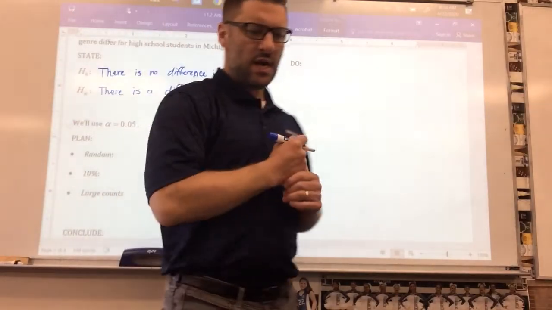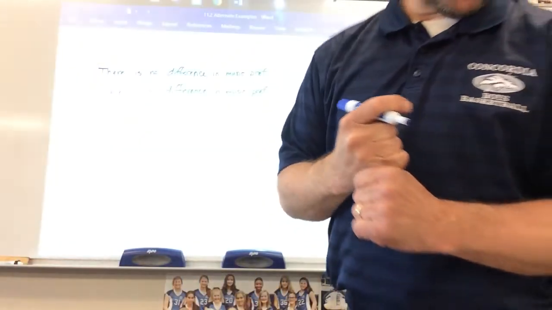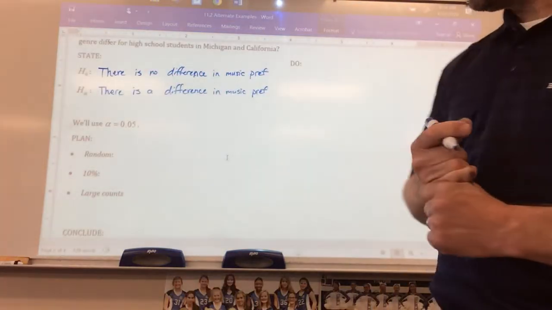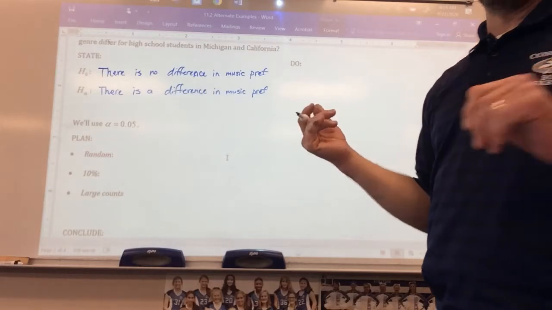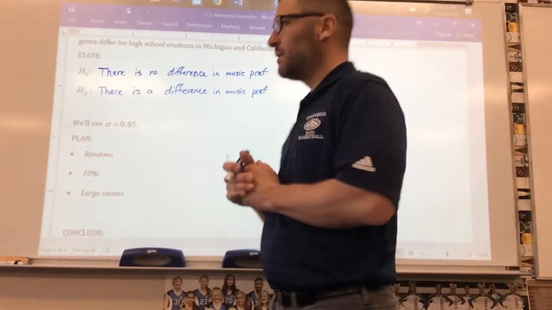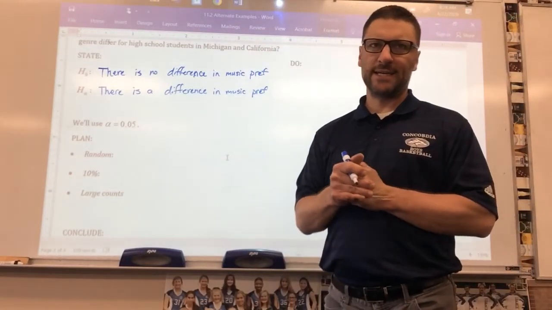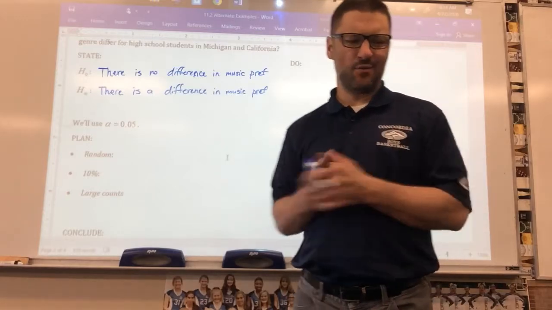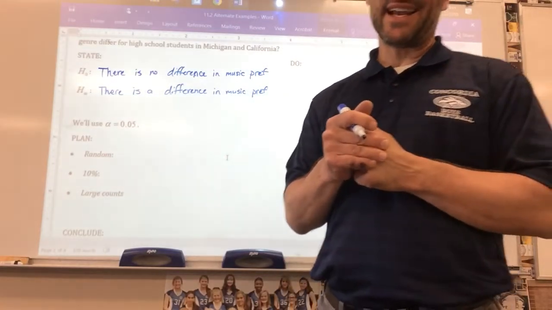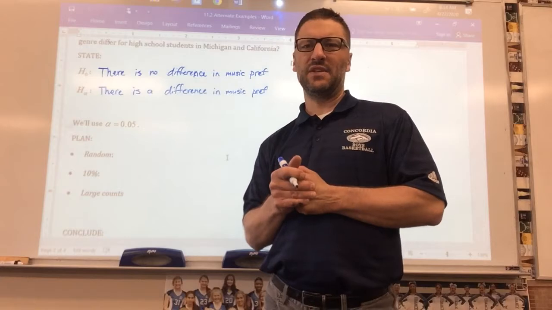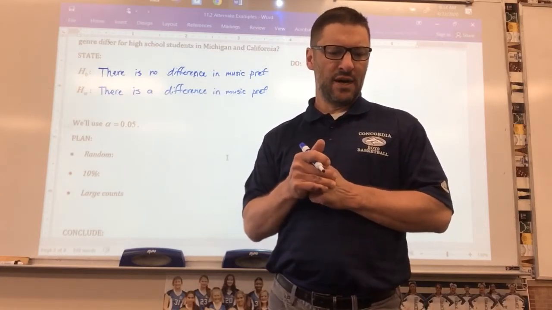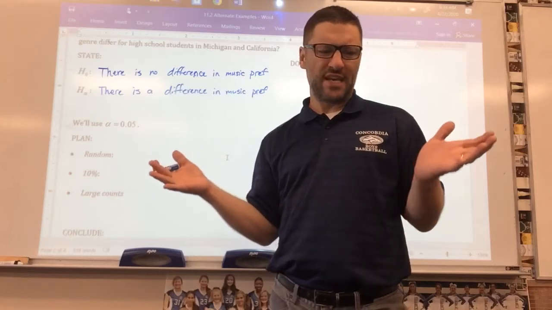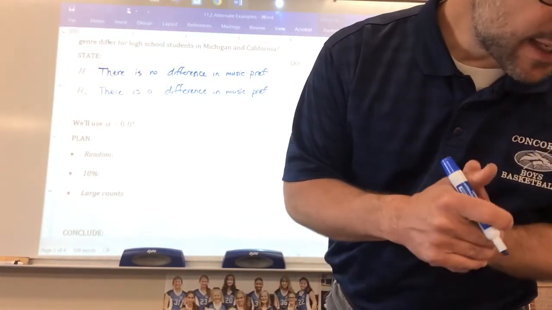Okay, and we're going to use an alpha equals 0.05 level. And our plan, right here, we really should decide what kind of chi-squared test. I don't think this is a chi-squared test for goodness of fit. So it's either a chi-squared test for independence or one for homogeneity. And it says